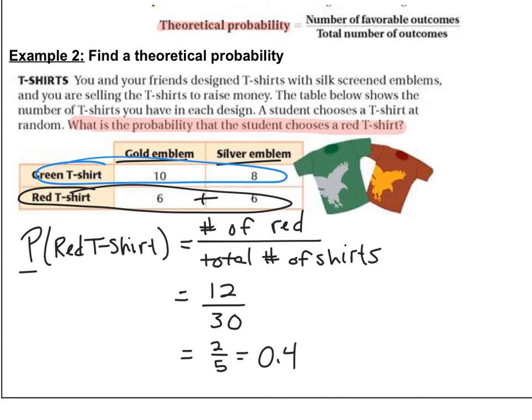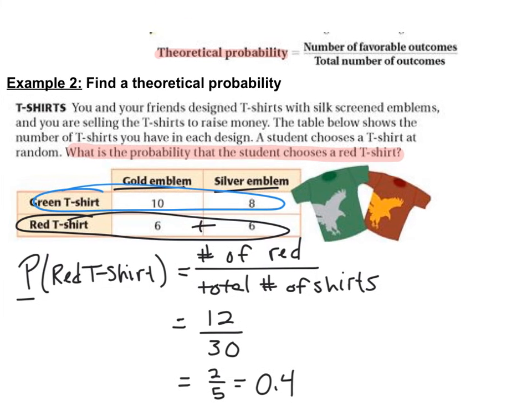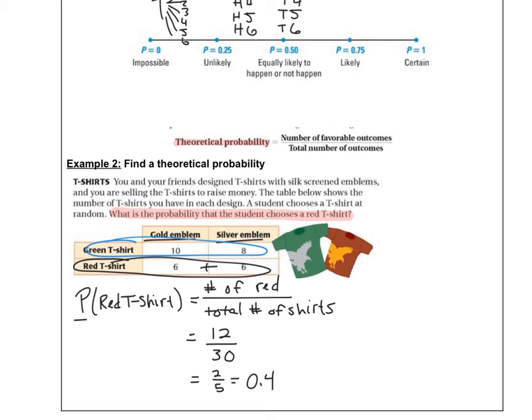If we look at our scale up here, 0.4 falls in between unlikely and equally likely to happen or not. So we're kind of in the middle, almost. The odds would say that you're probably not going to pick a red t-shirt, but theoretically you have a 2 in 5 chance of picking a red t-shirt out. All right, so again,